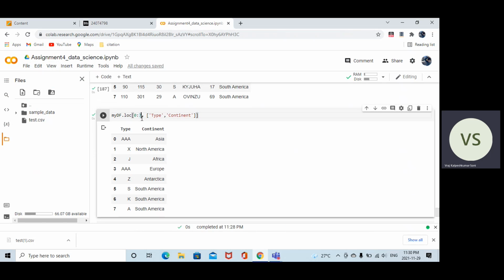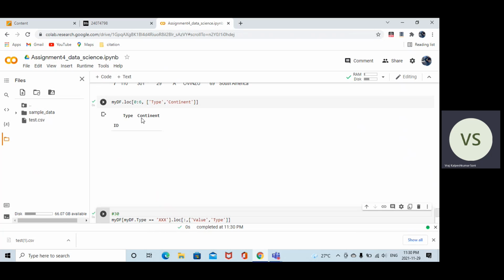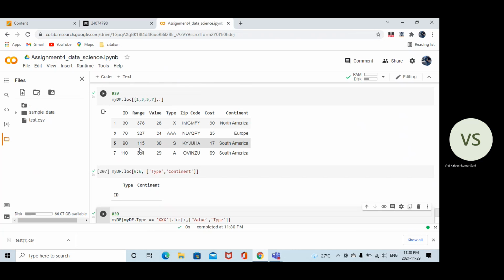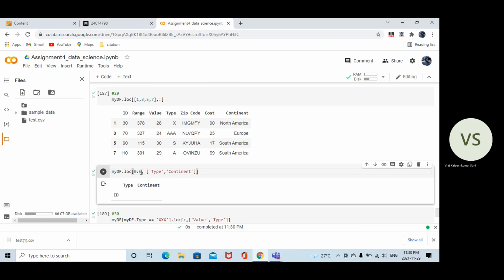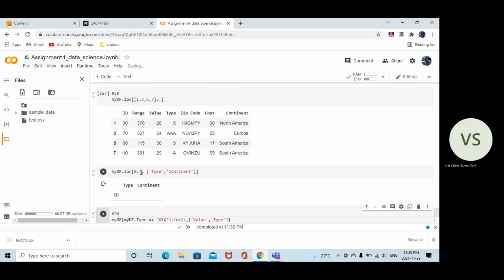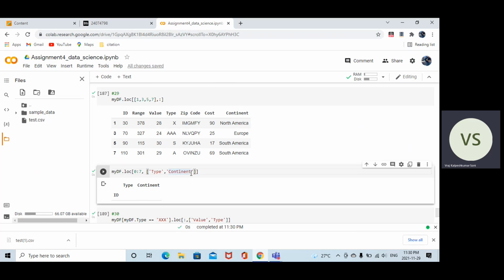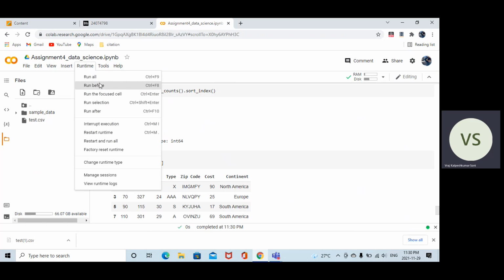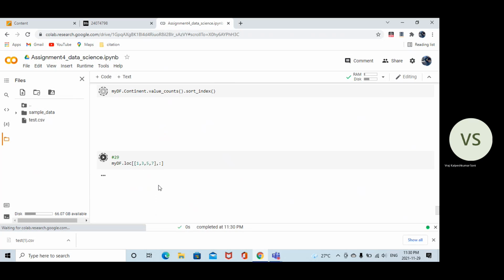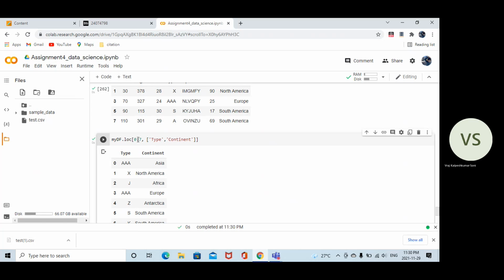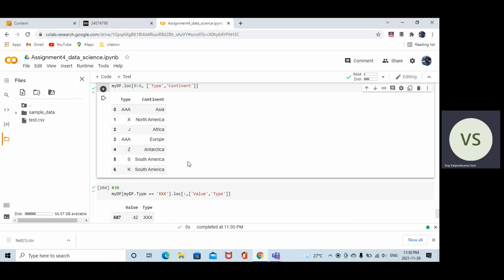It is 8, so I'm gonna just do it like this. I missed something. I have to run it all. Now I'm gonna run this again. Yeah, here we go. I got 7 rows and 2 columns which are specified.